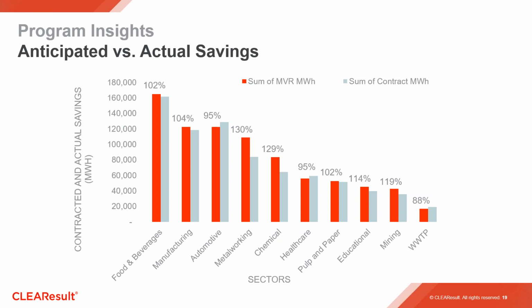The realization rate is the ratio of energy savings verified through MMV over the total value of contracted savings. The realization rates across the largest 10 sectors are shown here. High realization rates across various industries and projects show good MMV practices, including but not limited to accurate baseline equations and appropriate adjustments.